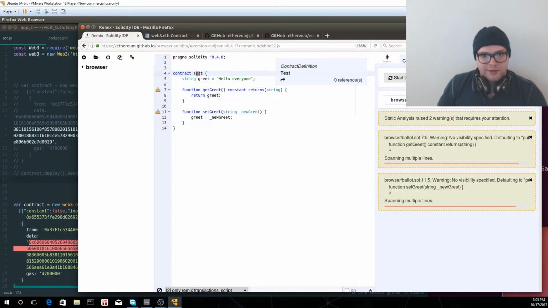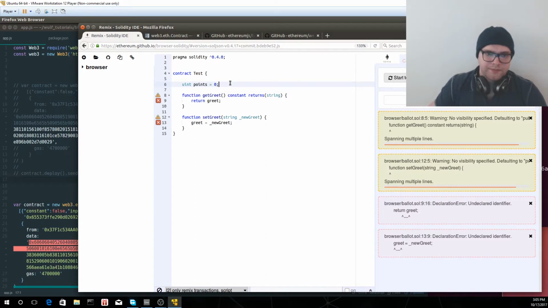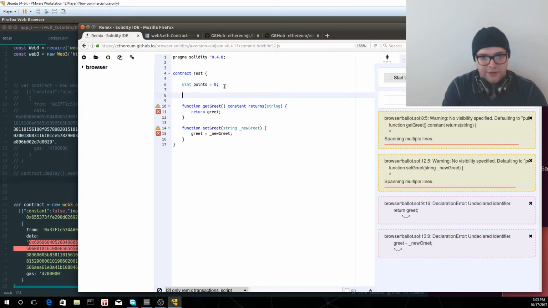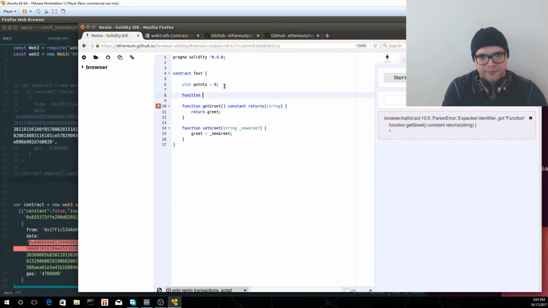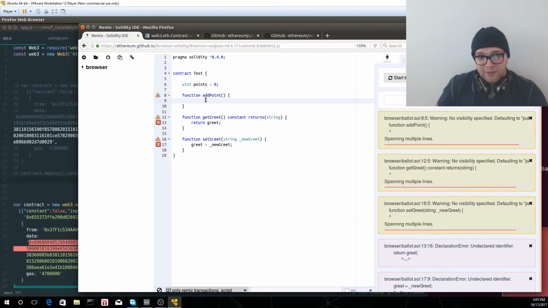And let's name it. I mean, the naming is not important. Let's just use a variable called points, 0 by default, and we'll have a function called addPoints. Something very simple. We don't want to make something complicated. If not, it will take 3-4 hours to program. I don't want to do that. addPoints,